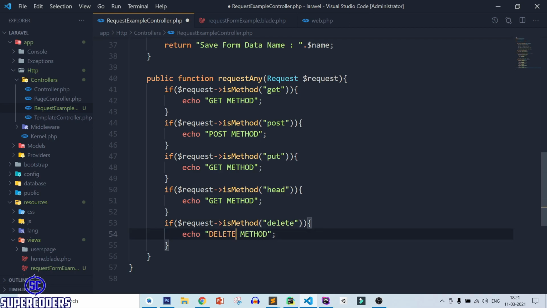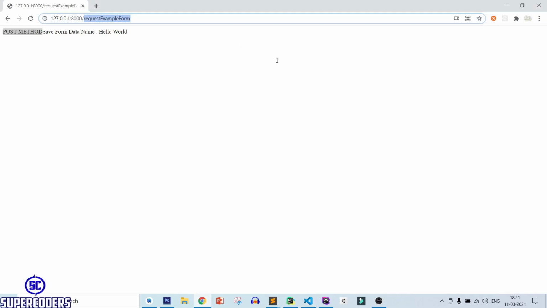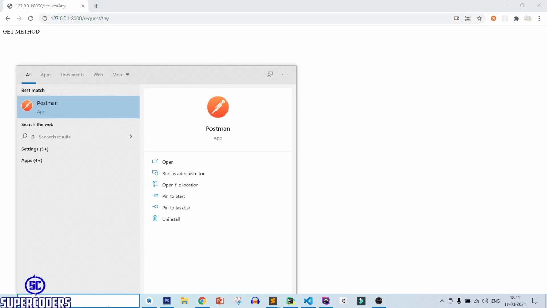Delete, head method, put method, save it. And now let's check this request any method. So copy the URL, back to Chrome, and let's try to open this URL, and you can see it is showing get method. But if I try this using post, let's see Postman.